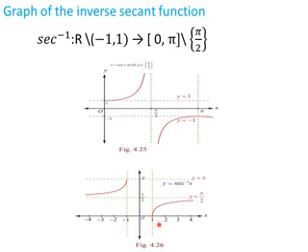Same way we can see here in the right hand side, when we replace x by 1. So when I replace x by 1, y is equal to secant inverse of 1. Secant inverse of 1 means 0. So only we are plotting here the point 1 comma 0. Then when we replace x by infinity, y equal to secant inverse infinity, that is pi by 2. So here the value will be like this, and when the value of x is very close to infinity, the value of y is very close to pi by 2.